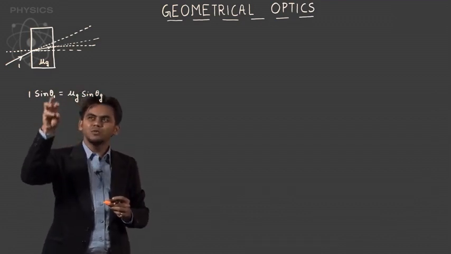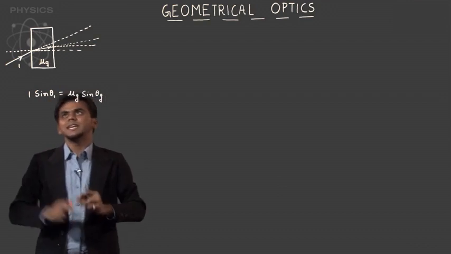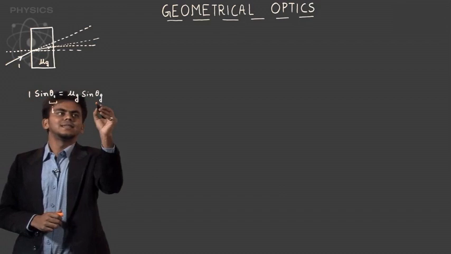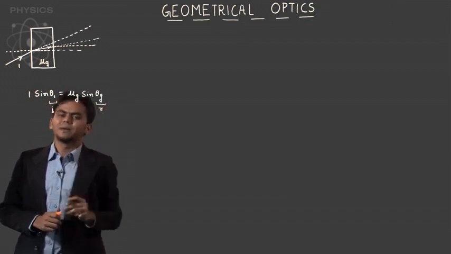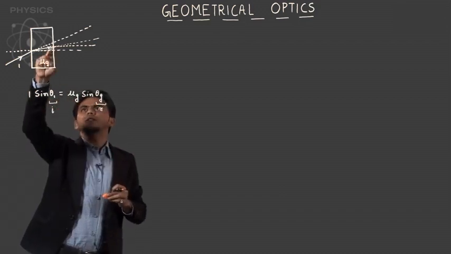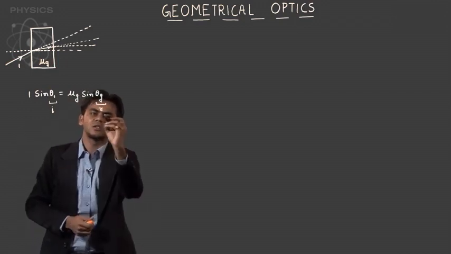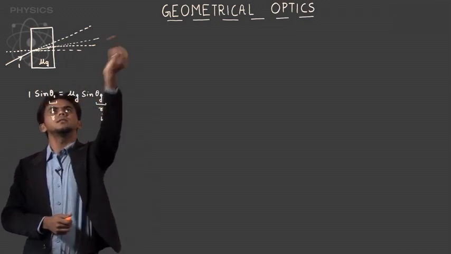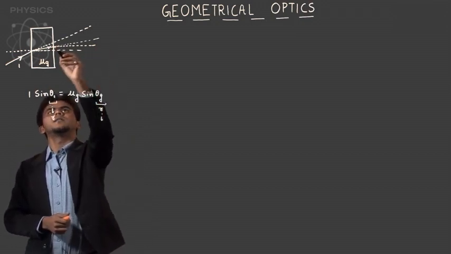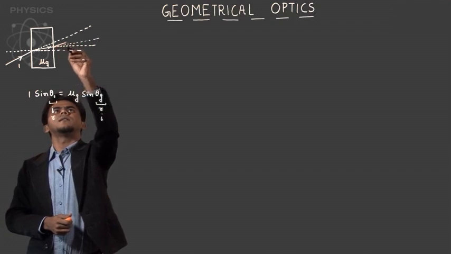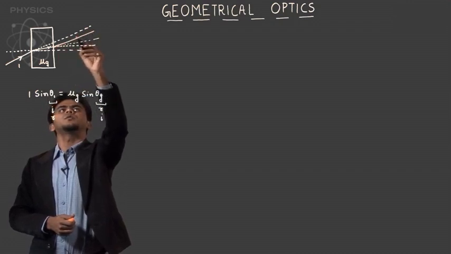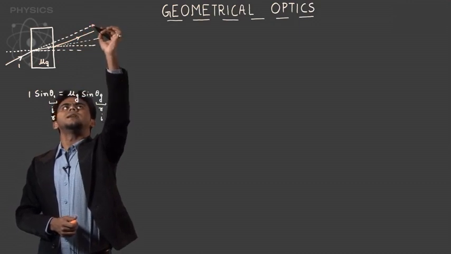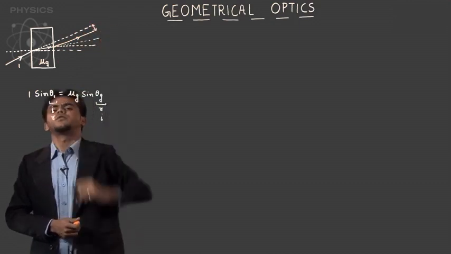The reason I have not used an I and R over here is because in the first situation, this acts as your I and this acts as your R. But the moment the ray of light reaches over here, this acts like I and this acts like R, which means I will get a parallel ray, parallel to the original path,